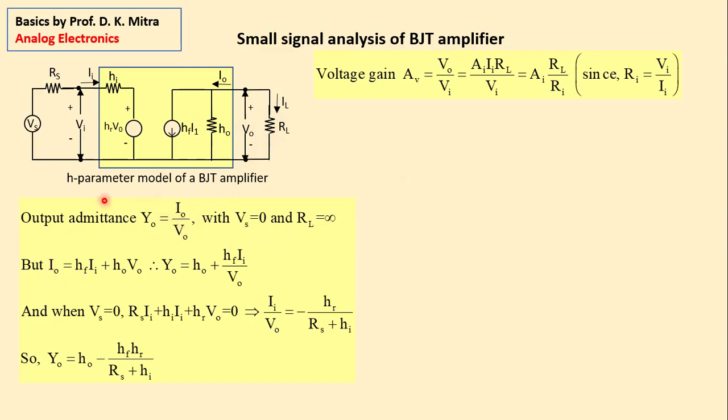But this current IO, we have done it earlier, is HF II plus HO VO. So YO is HO plus HF II by VO. This is YO. Further derivation,